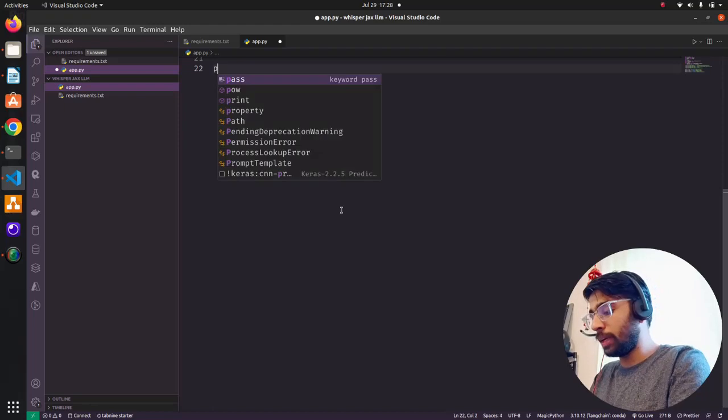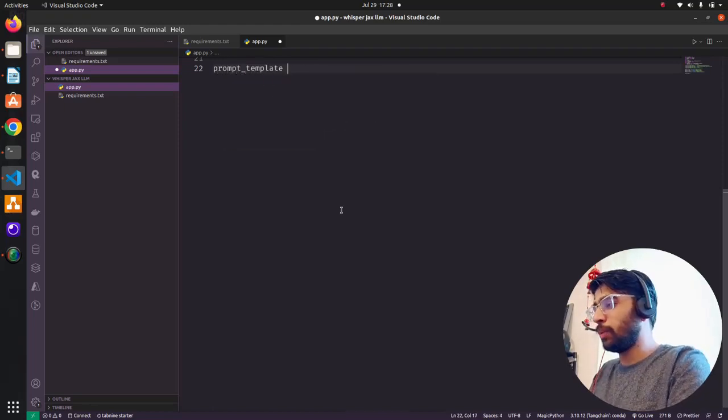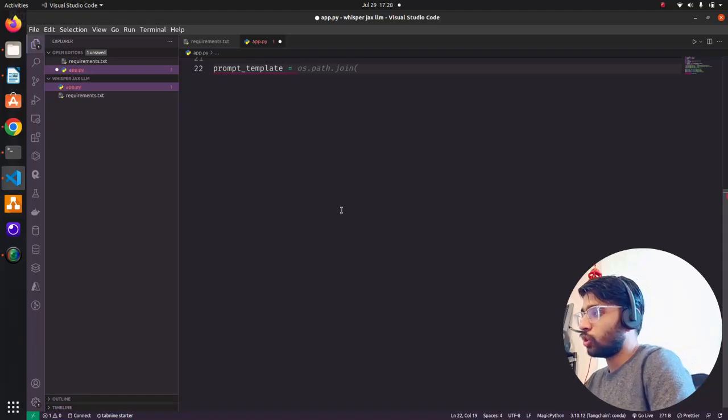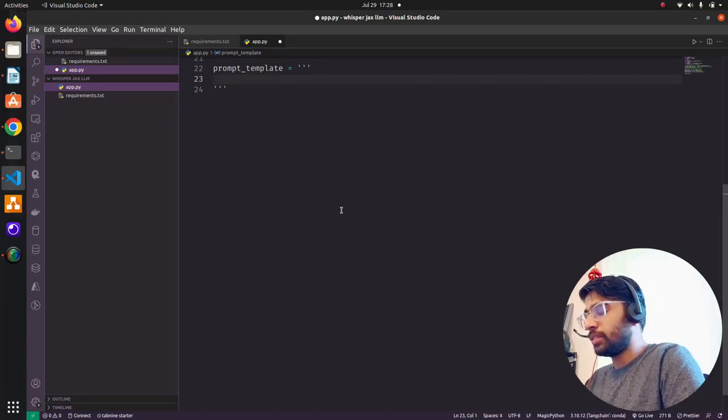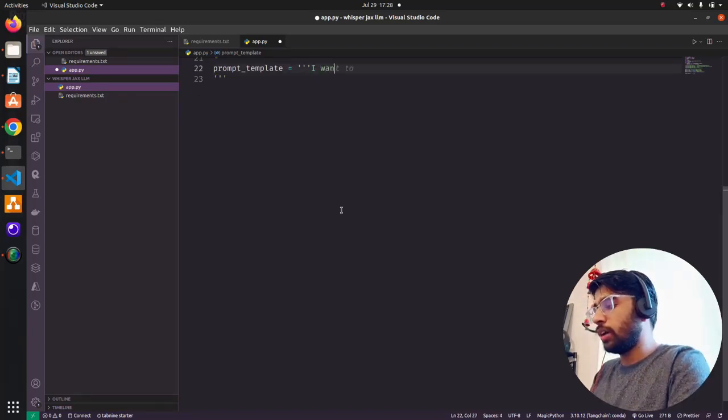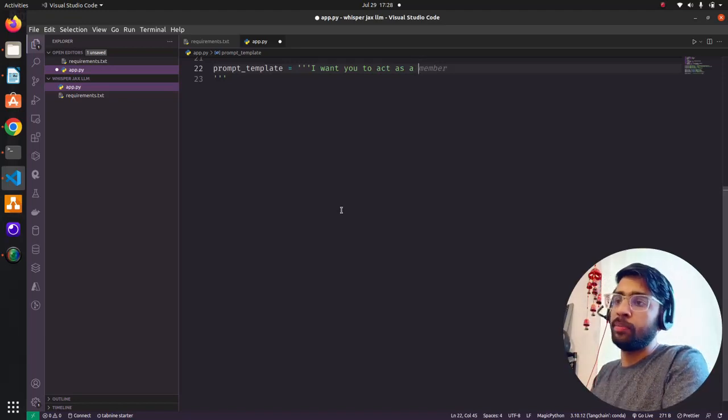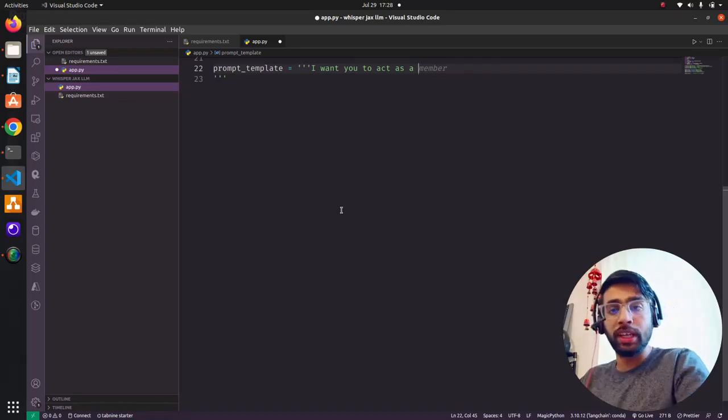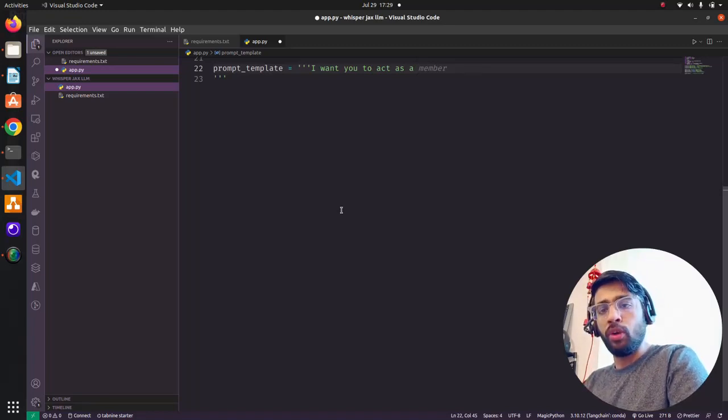So we're going to write a prompt template, guys. I'm writing a simple prompt template and we'll see if that makes any sense. So let's write a prompt template in this docstring. Okay, I want you to act as... assigning a role to a language model. That's what I'm defining in this template. Prompt engineering is also a good skill to have when you are interacting with a natural language system. And I think it's important to know different types of prompting techniques, like zero-shot, few-shot, chain of thought, conversational, etc.